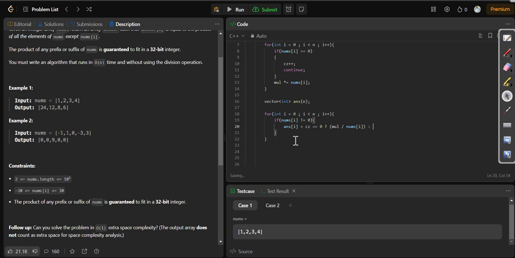And if the count value is not equal to 0, it means there is a value of 0, then we can directly put 0.